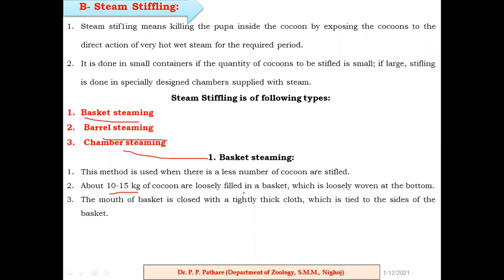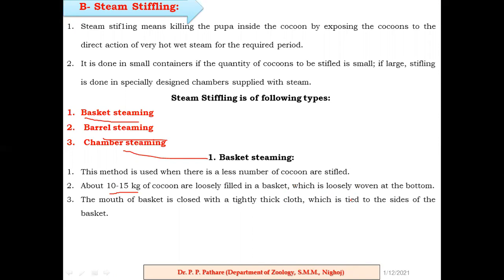One type of basket, generally a wooden basket, you take. Then take another container, generally made of metal material, and start burning the wooden material. Then keep some amount of water inside this metal container and start boiling. After the boiling, the hot steam will be released, and this hot steam is passed into your basket.